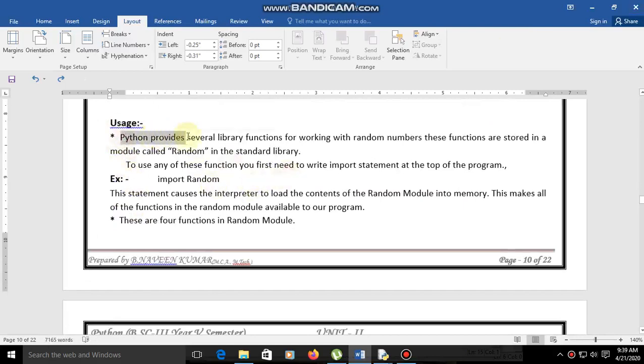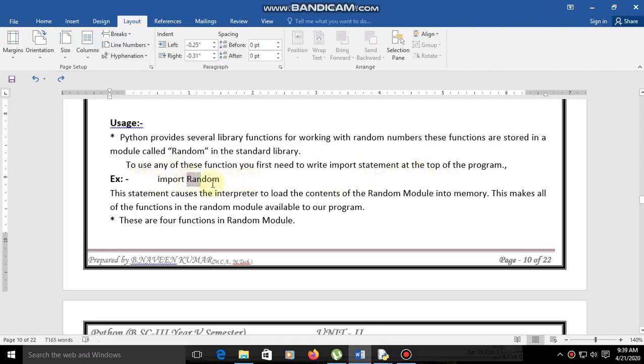Python provides several library functions for working with random numbers. These functions are stored in a module called random in the standard library. To use any of these functions, you first need to write an import statement at the top of the program. So if you want to generate random numbers, first you have to import the random module, right?